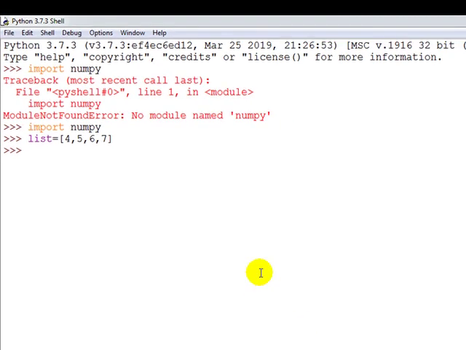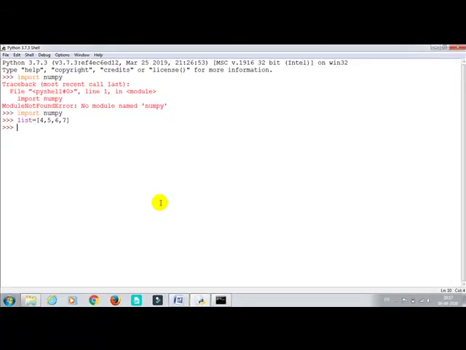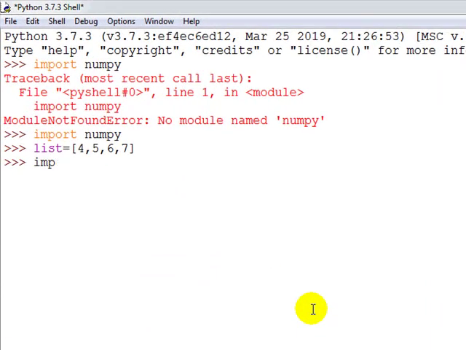I will write import numpy as np. First import numpy, then create the list, otherwise it will create a problem.